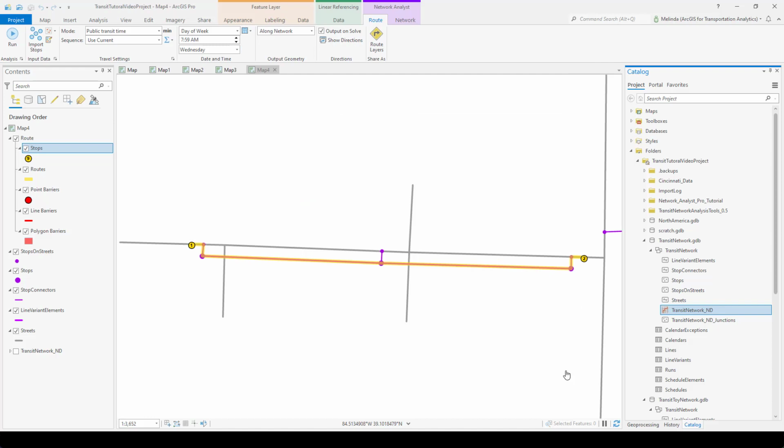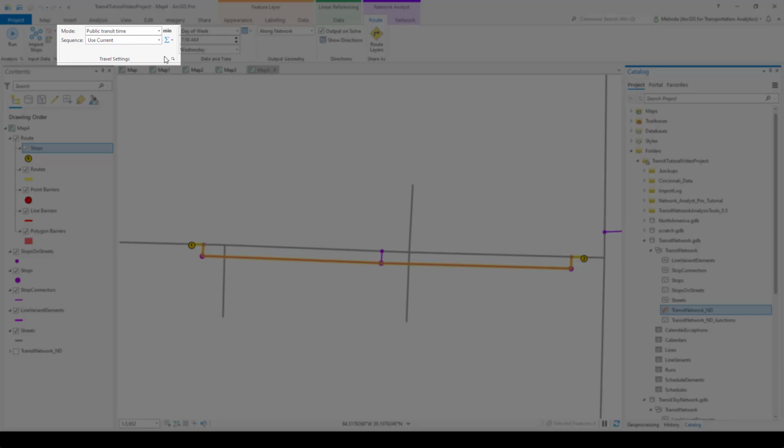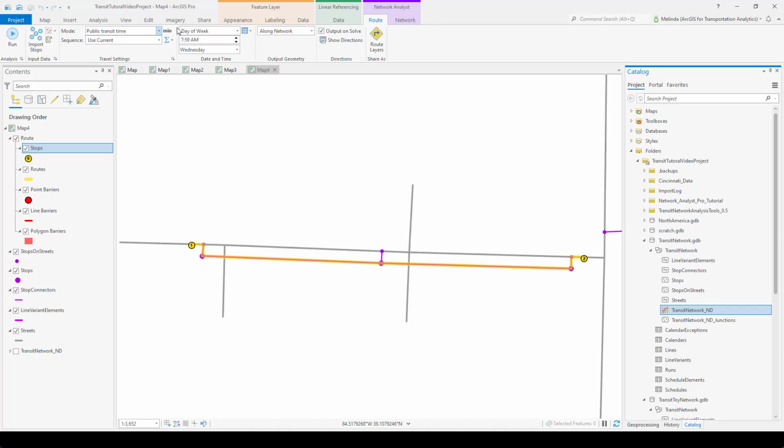Let's take a look at my simple test network and the simple route analysis I did with it. For this route, I used the public transit time travel mode, which uses the public transit time cost attribute under the hood. Remember, a travel mode is a collection of other settings, including the cost attribute to use, the restrictions to apply, and any attribute parameter values you want to set to something other than their defaults. This route is optimizing the public transit travel time through the network. It's going to find the fastest way to get from point 1 to point 2 according to the public transit